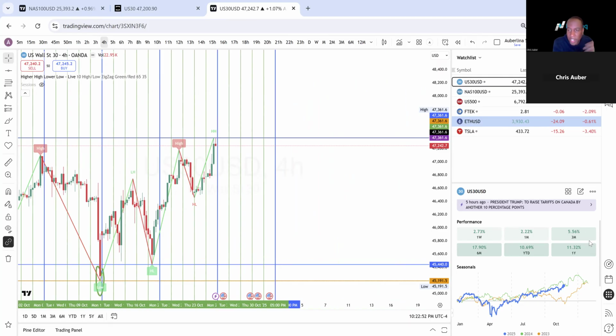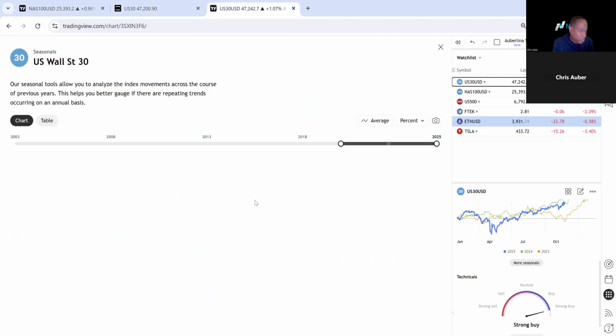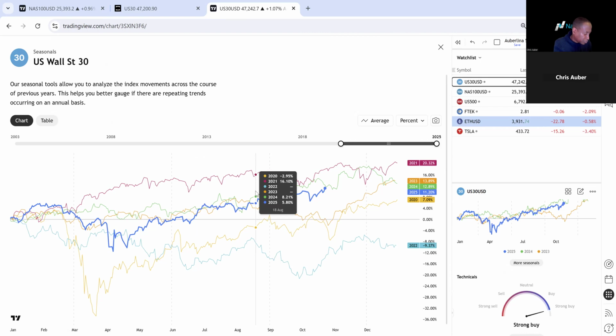What I love about the indices is that they give you so much data to use in your analysis. One thing you will notice is that when you look at your seasonals data, most people ignore this chart. They don't even pay attention to it. But TradingView gives it to you for free once you have the premium subscription. It does help. So this graph right here, let's bring it up so you can see it. All right. This graph right here shows you your